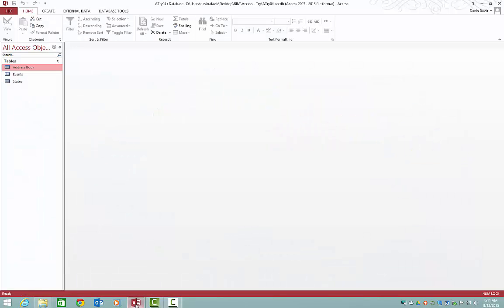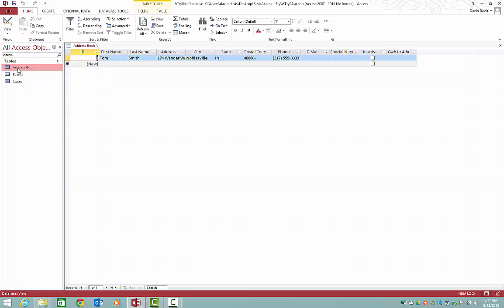Okay, lesson 4, modifying fields in the datasheet. We're going to go over field properties, adding fields, renaming, deleting fields, moving columns, hiding, unhiding, changing widths, and freezing columns. Alright, the first thing we're going to do, we're going to go through, open this address book template here,